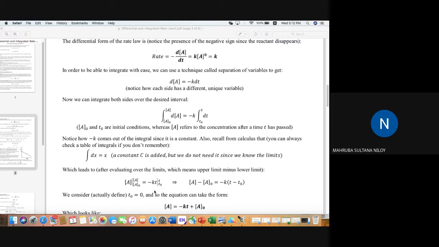So then we can put zero value here. If we put zero value here, T minus zero means ultimately T, right? And then if we multiply it by K, then we get KT, right? Yes. Okay, then if we put this concentration, A naught, the initial concentration, then we can put it here, right? If we take this side here with a positive sign,